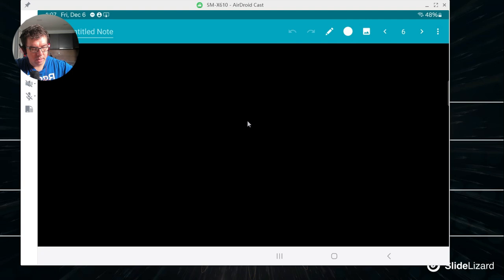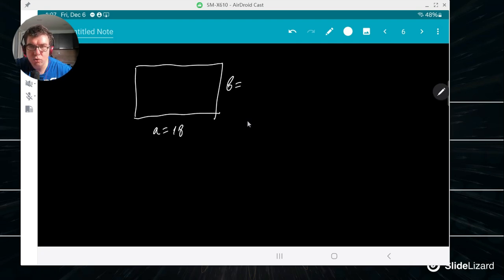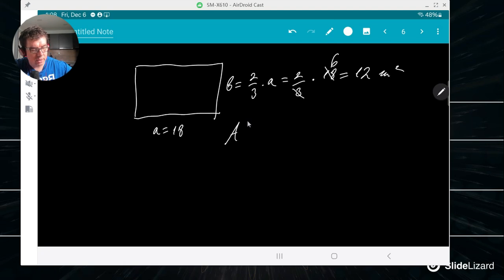So the length, let's call it A. This is 18, and B is 2/3 of A. So 2/3 times A, which equals 2/3 times 18. We reduce 18 by 3, we get 6. 6 times 2, 12. So the area, as you know, is A times B, which would be 18 times 12, which would be 216